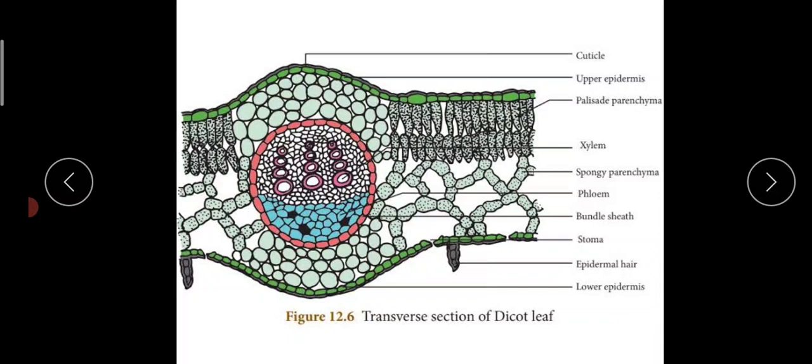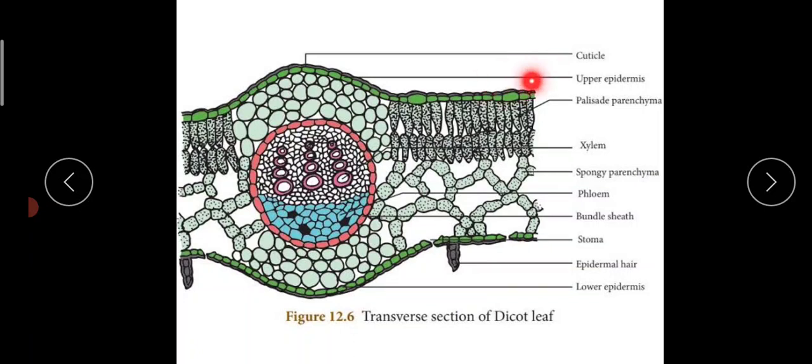And in the case of dicot, the stomatal guard cells are kidney shaped. So dicot has kidney shaped guard cells. Okay, and they are chlorophyll containing also, and these kidney shaped guard cells are surrounded by subsidiary cells. Okay, and then in the next layer, this green colored layer is the upper epidermis, and this lower green colored layer is the lower epidermis.